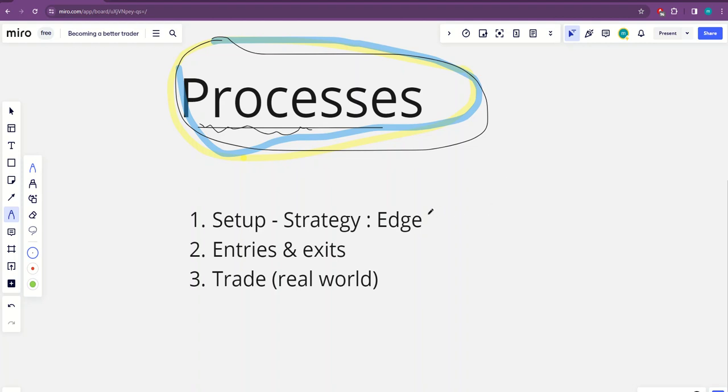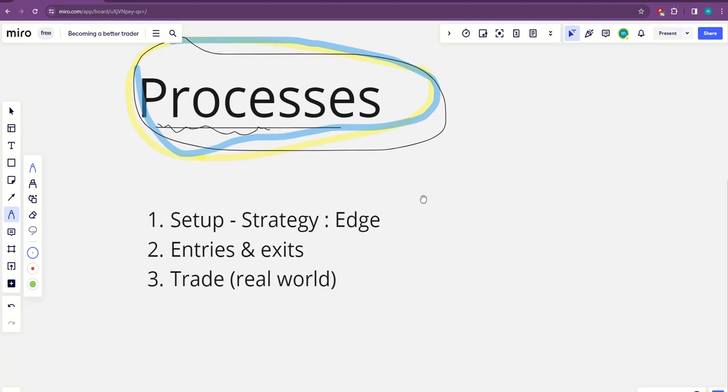So that's what makes the difference. There are people who are gambling, and there are people who are trading, and they are in the business of trading. If you really want to separate yourself from the rest, you must be in the business, and you must have an edge. What is an edge?